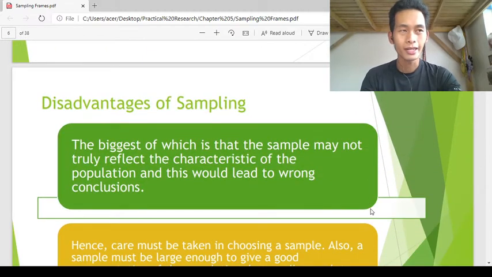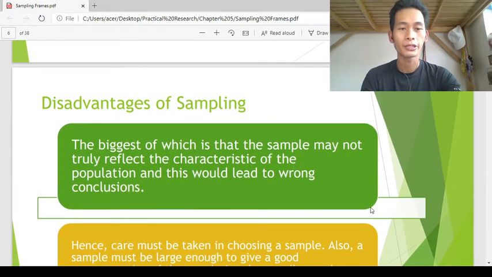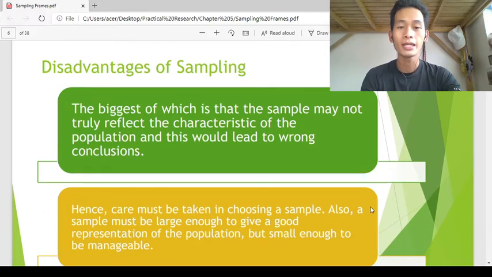Now, once na advantages, na disadvantages sa sampling. And the disadvantages of sampling are the following. First, the biggest of which is that the sample may not truly reflect the characteristics of the population, and this would lead to wrong conclusion. Compared to considering the entire population, so once you consider the entire population, you can really get